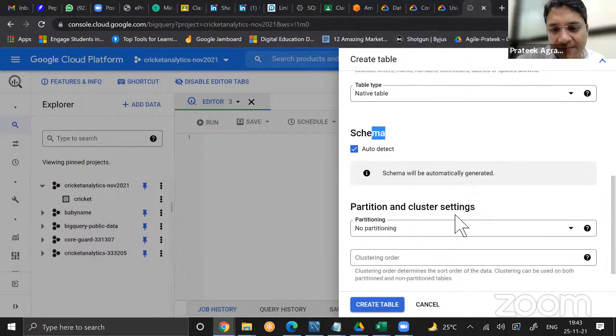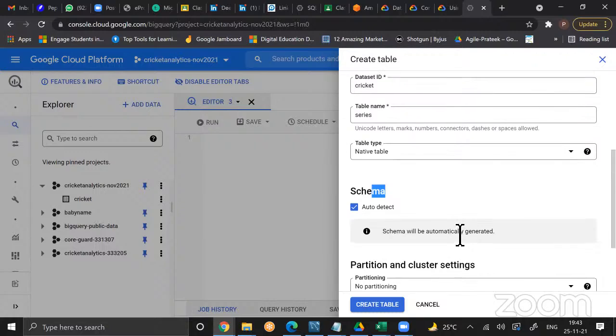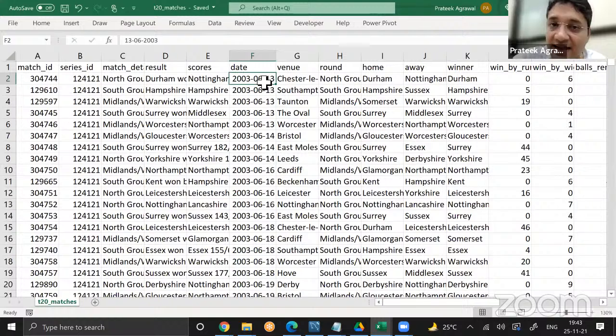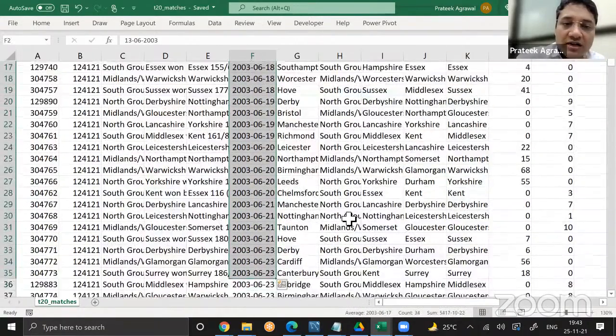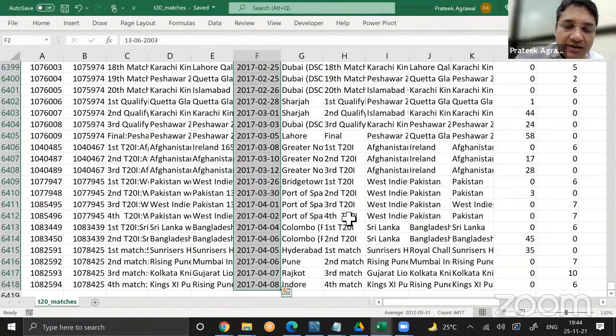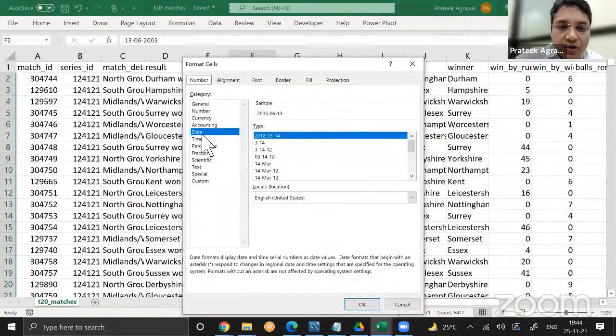So auto detect. Can you come back again on how did you change the date formats? Sure, Shivam. What I did was I went to Excel, the CSV file that I'd opened in Excel. I selected the entire date column. The shortcut to select the entire date column is bring your cursor here, Control Shift down. I selected that entire thing, right click over here, went to format cells, went to date, chose this date format,